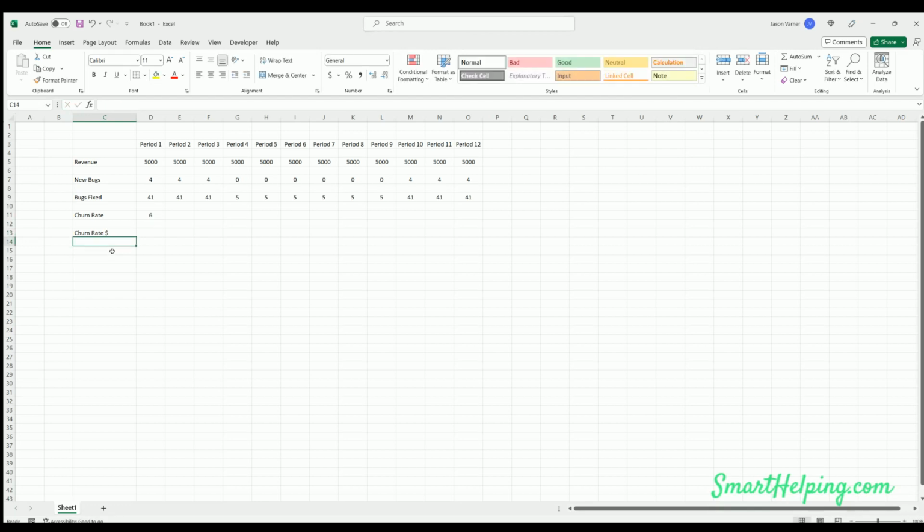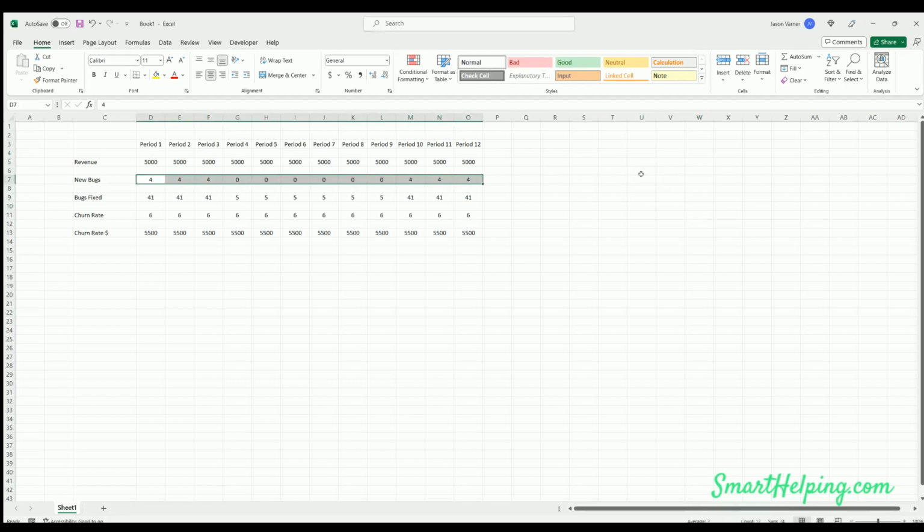What was the dollar value of the customers that left? What was that over time? And you could do year-to-date totals of these things. You could have goals where you can reference, Excel's very good at setting up reference tables, so you could put, for new bugs, if it was under 5 or over 5, then you want to highlight in green or red,